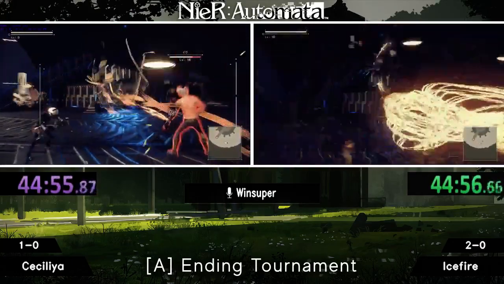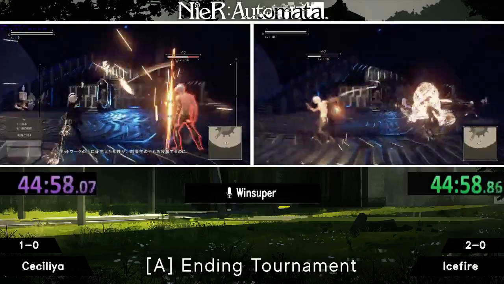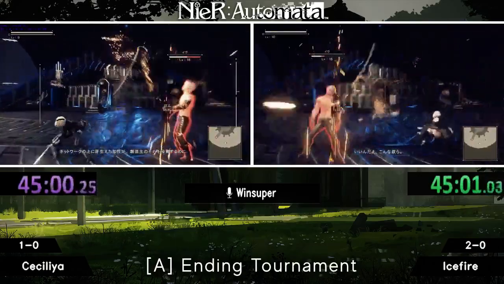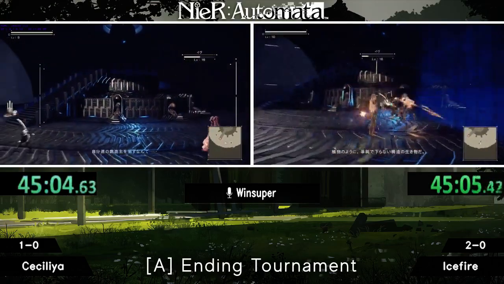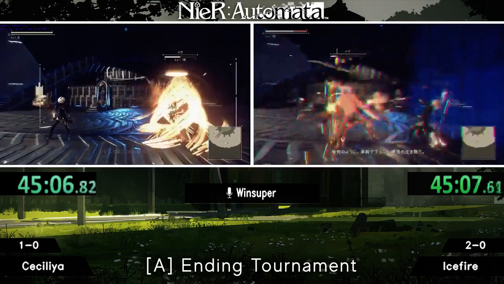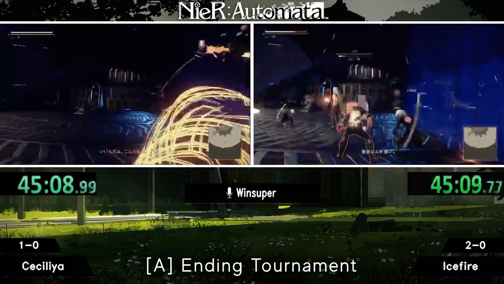And then when Eve has died, we wait for him to do his respawn. Killing him again will not give us another level up, so there's no benefit to doing that. We don't get any XP or anything from killing him again. So what we'll do after